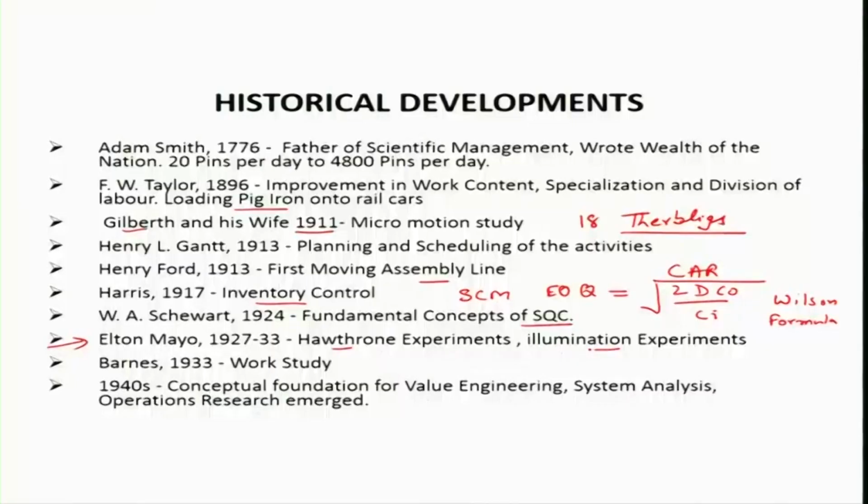In this experiment, in a given workplace, they increased the illumination, and they found that as the illumination increased, the productivity increased. But after some time they started reducing the illumination, and to their surprise the productivity increased further. Even as they kept reducing the illumination, the productivity further increased. They were not able to understand this with the help of method study and other principles. They found that the worker came to know that somebody was observing, and that became a motivation, or a threat, for him to work harder.